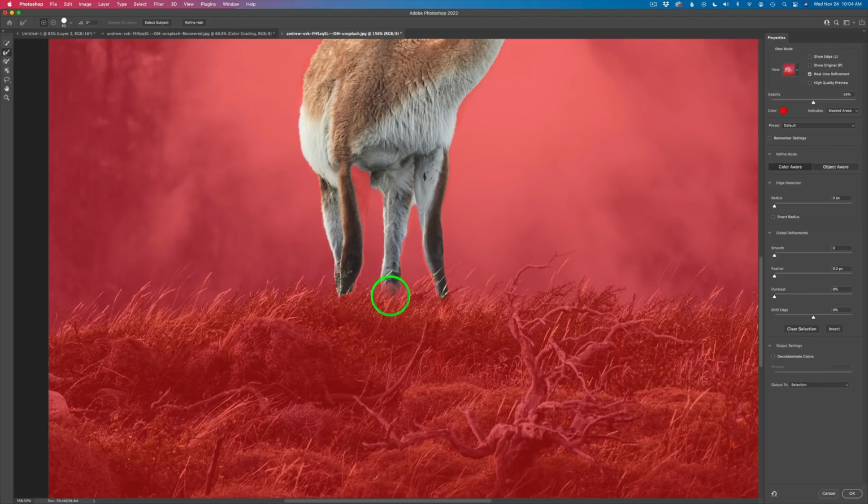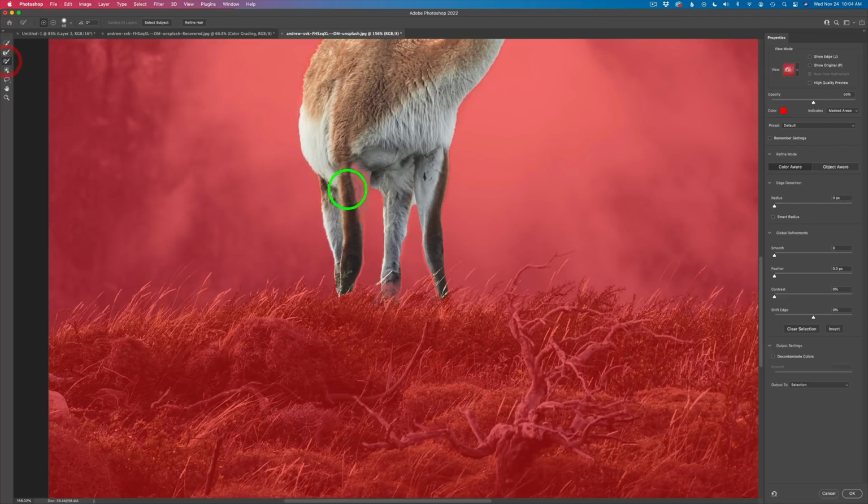I'm just going to paint right here, and it usually does a pretty good job. It doesn't actually have to be perfect. I think that looks pretty good. Let me come down on the edge here and see what it gets. It missed a little spot in there, so I'm going to hold my option key down and paint in here. Yeah, that looks pretty good. Now it's missed the spot right in here. If I paint over this, you can see it gets a little bit of it in there, but